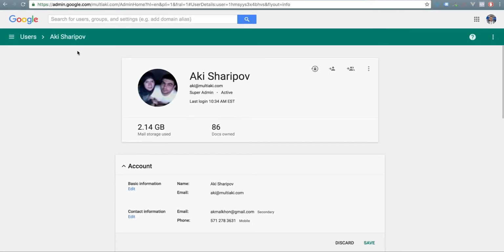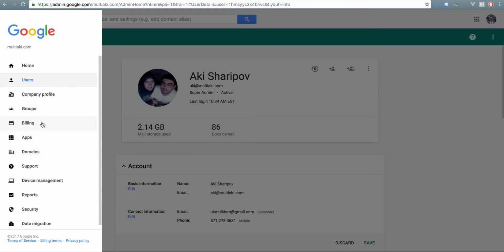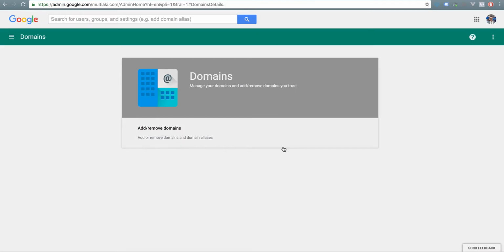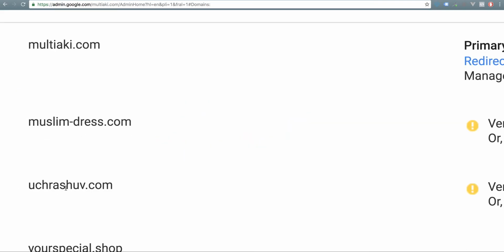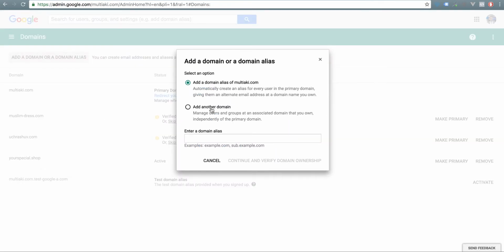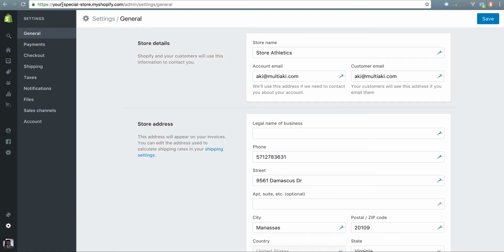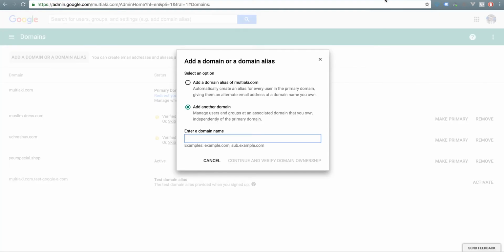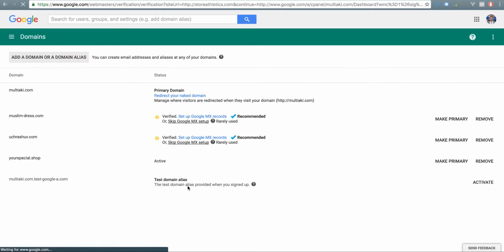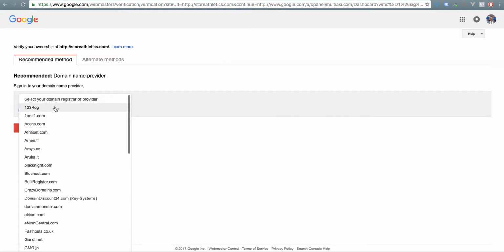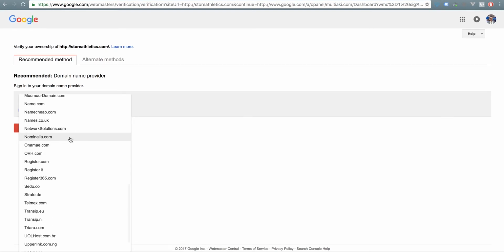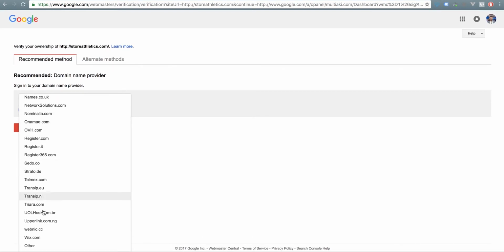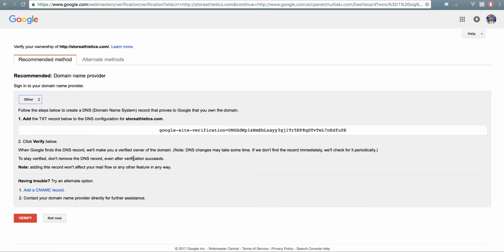Where's my domain? So I go to domains, and I add a domain. So I add your special store, storeathletics.com. When I add it, I need to verify. MDD hosting is not a big company, so it wouldn't be listed here. So I'll just say